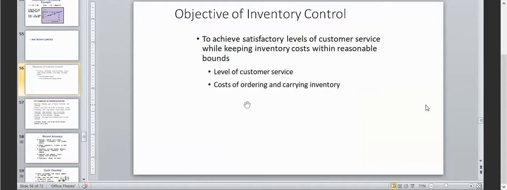So the total number of forecasting techniques that we have in the inventory management course here is only four. So I hope you can